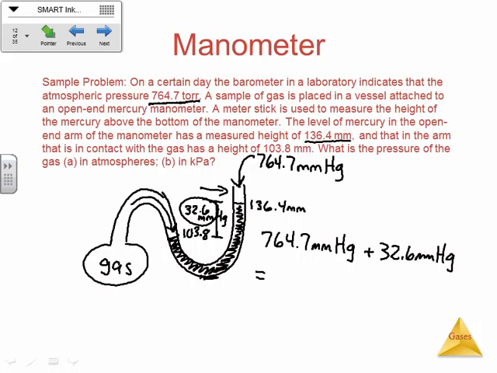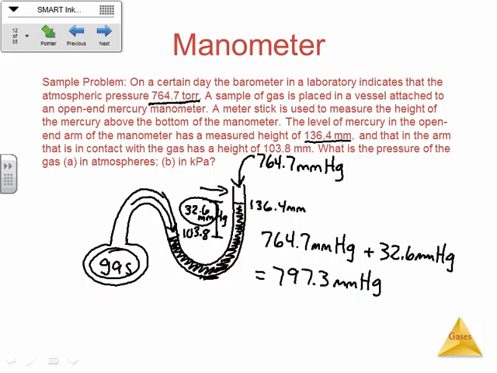Don't think about whether to add or subtract when the levels are different. Just think about which one is winning. This gas inside here is the winner, so it must have a higher pressure than atmospheric pressure. The only way to get that is to add the difference between the two. So 764.7 plus 32.6 gives me 797.3